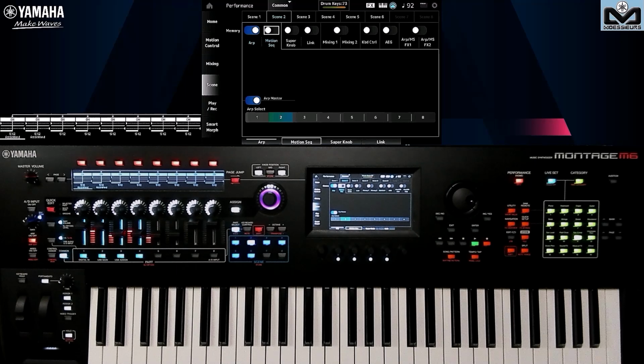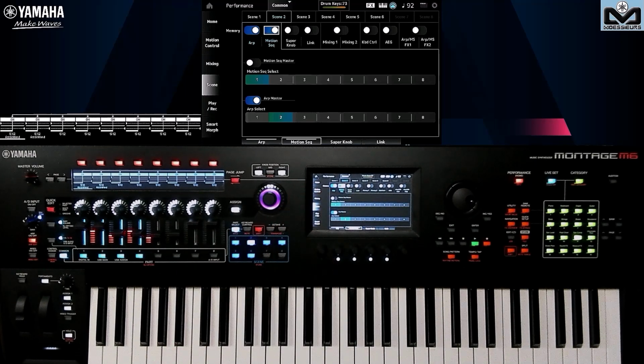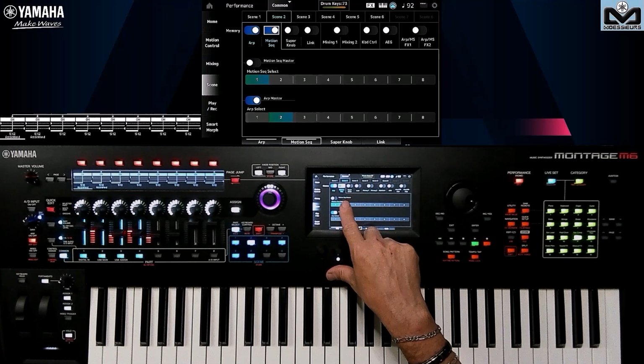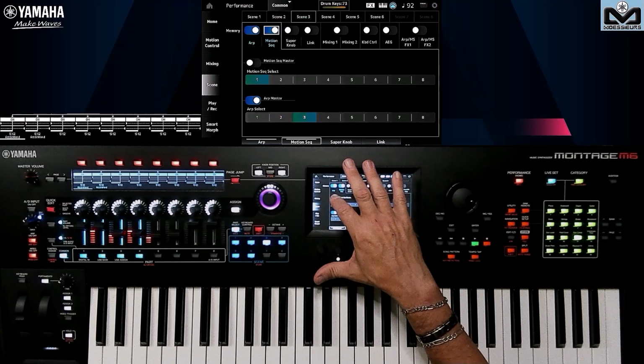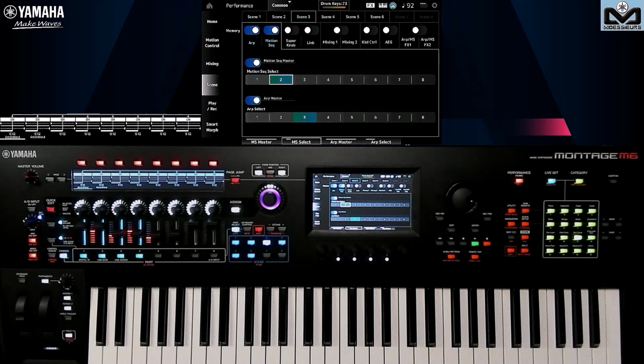That's about it for this video. You can see that it goes pretty fast for this one. So you have exactly the same thing for motion sequences. So you can have the arpeggio activated, but not the motion sequencer on scene 2, for example. Then on scene 3, as you can see, I can activate it, and also, I can activate a motion sequence that I need. We have all this type of interaction we can do on these scene screens.